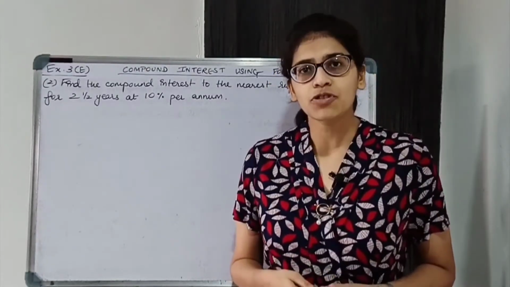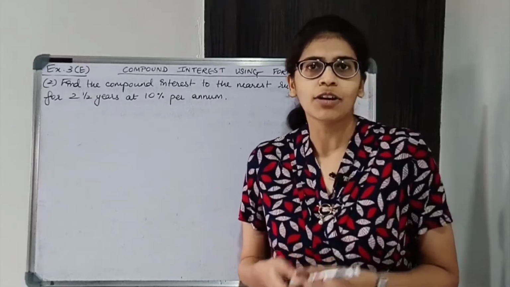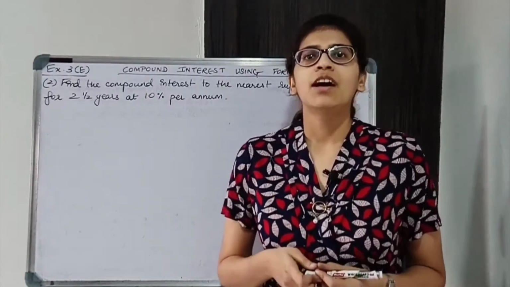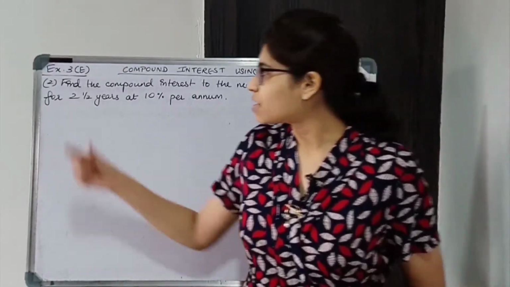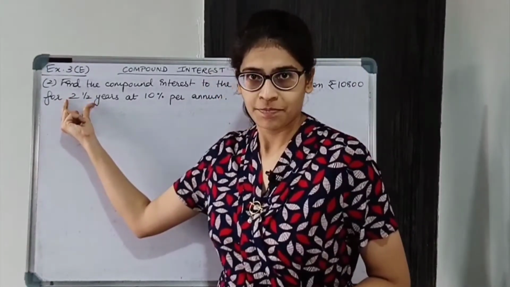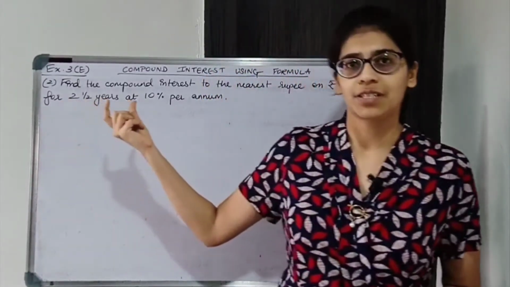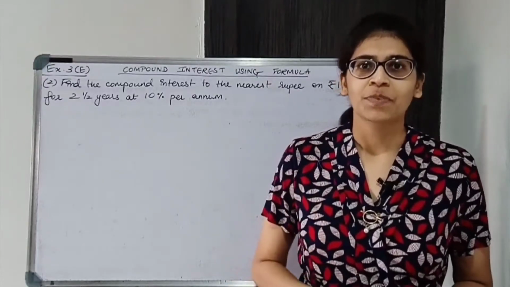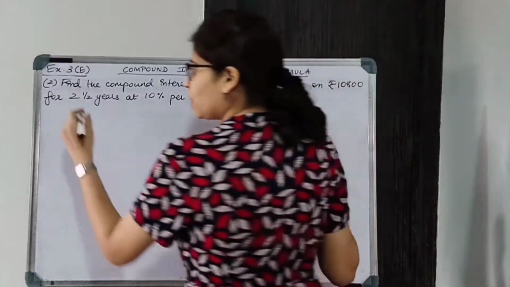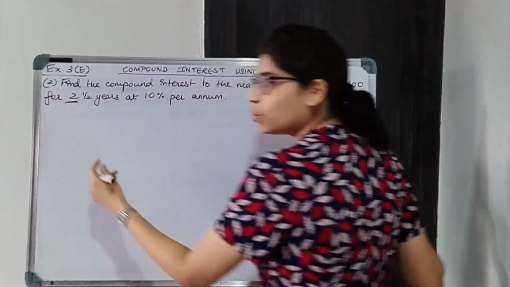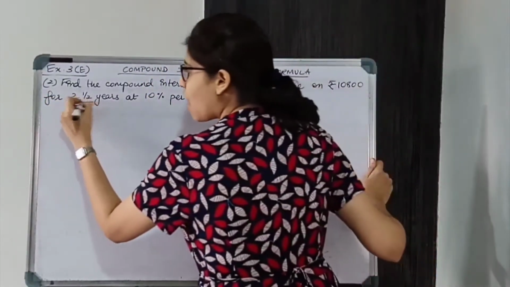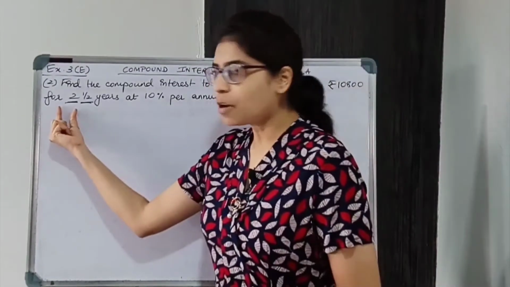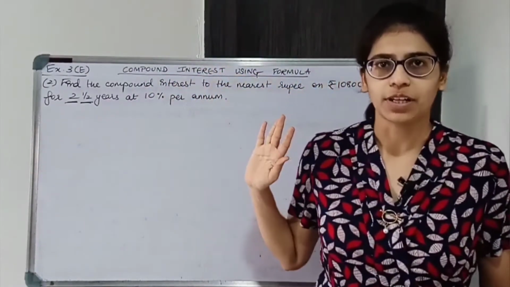Over here it is not mentioned whether the interest is calculated yearly or half yearly. So when it is not given, you consider yearly. Now coming to the important part, the number of years is given in fractions over here, 2.5 years. So in such a case, what will you do? I've told you earlier also. For such a case, you will calculate the amount for 2 years separately and for half year separately. So first calculate the amount for 2 years, then calculate the amount for half year.